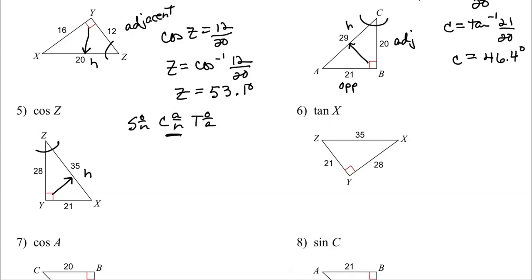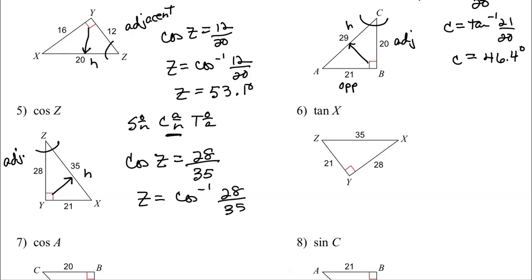So I need adjacent over hypotenuse. From Z's perspective, the 28 is the adjacent. Okay, so I need the cosine of Z to equal adjacent, which is 28, over hypotenuse, which is 35. So therefore, Z is going to be cosine -1 of 28 over 35. Angle Z, therefore, for number 5, is